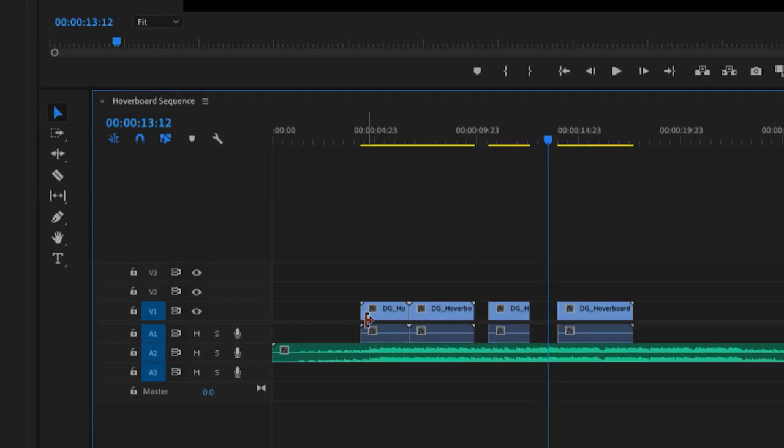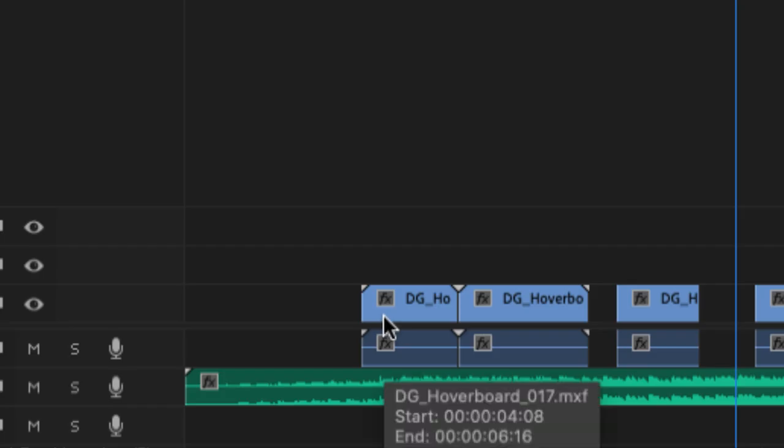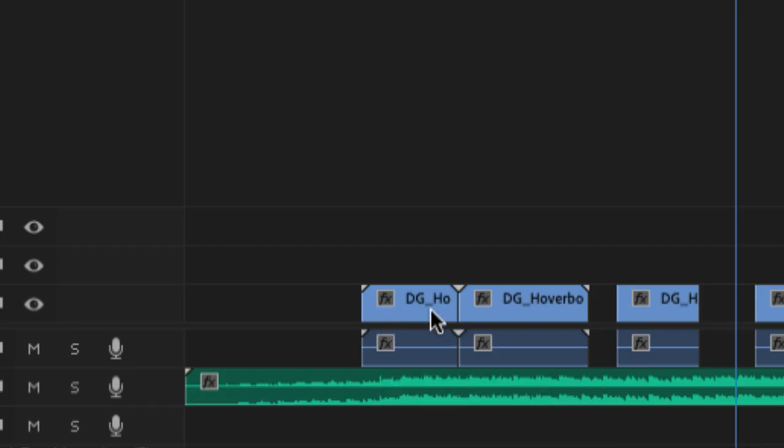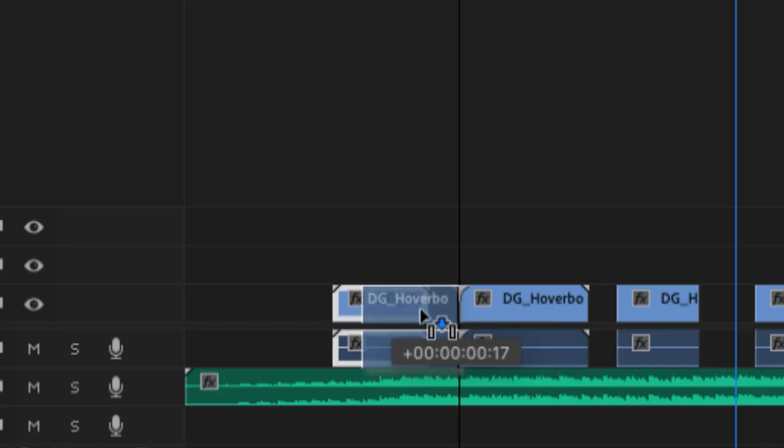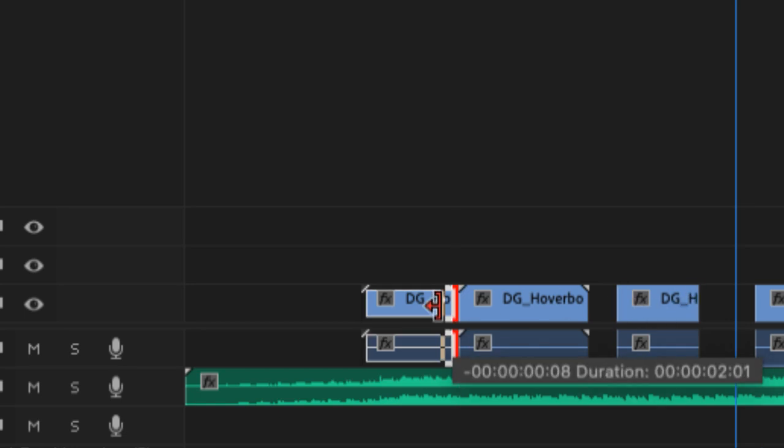When you have untrimmed clips, then you're going to see white triangles in the upper part of the clip in the beginning and in the end. See the white triangles? And trimmed clips show you that you're not at the beginning of the clips. So if we trim all of these a little shorter,